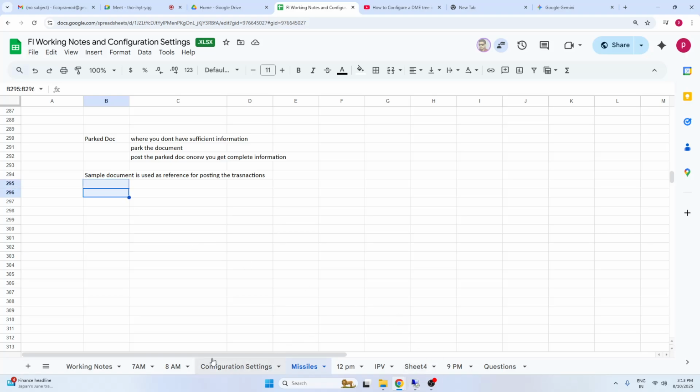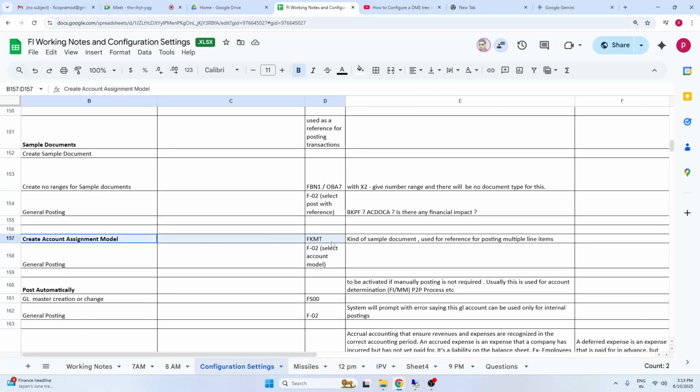Even if we have another option called recurring. No, sir, that is different. Recurring is for recurring expenses where SAP has already provided one program. If you want to post the transactions for the entire period, for how many months or years you want to post, you can use that program. But sample documents and account assignment models are used for templates. Recurring document cannot be used as a template, right?